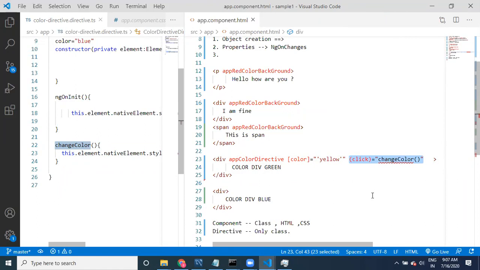Okay, so now it is not possible here. Why? Because the change color method is okay. Let us say I have this requirement: if I say click, then I want to add it like this, but it is not possible. Why? Because if you observe carefully, this method is related to property, and this method is available inside the directive, but we are writing code inside the app component. Inside the app component, we are calling div.